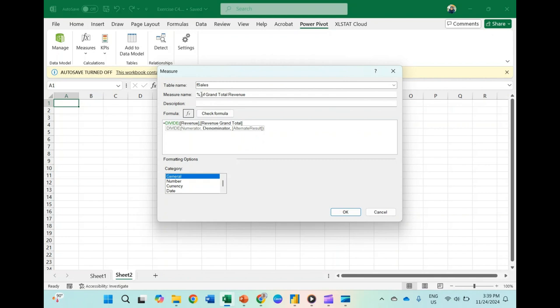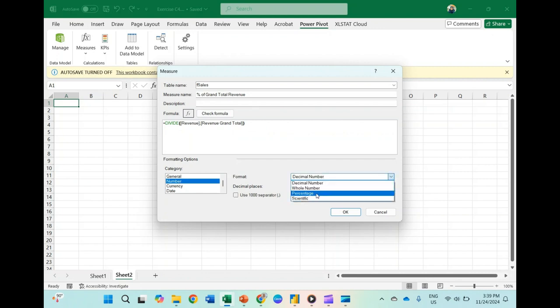So this is the percentage of grand total. Close the bracket, and because it's a percentage, use number and change it to percentage. If we want decimal points, we can choose the decimal points. Click OK.